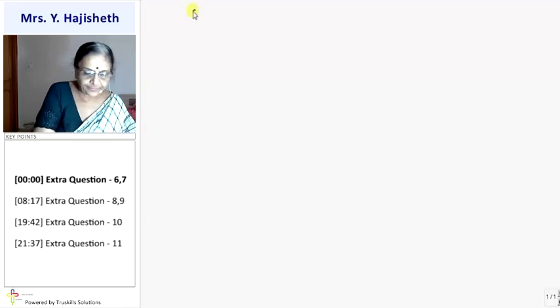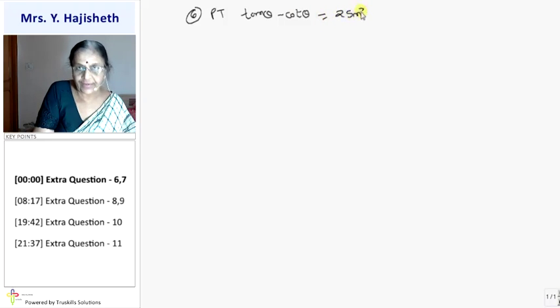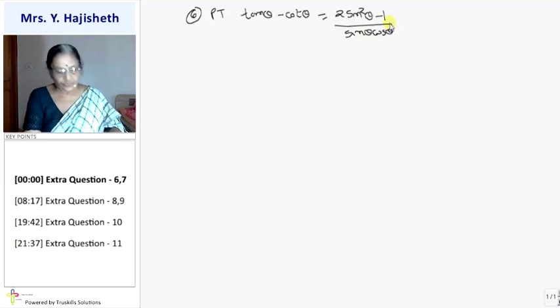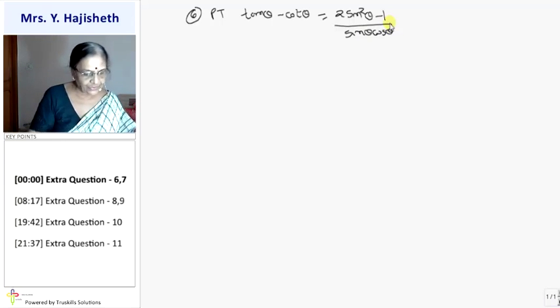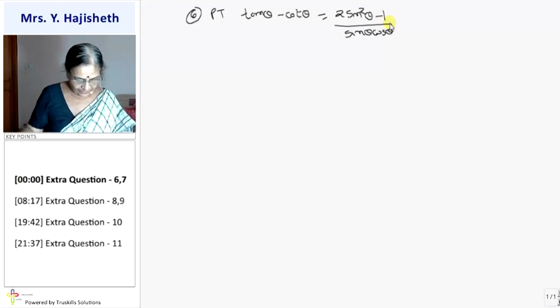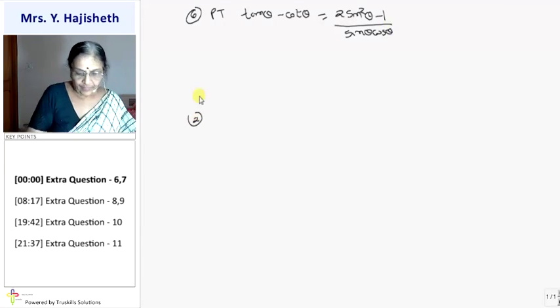Sum number 6. Prove that tan theta minus cot theta is equal to 2 sin square theta minus 1 upon sin theta into cos theta. I am asked to prove this identity. Then I am asked to prove this. I think we have done. Second is prove that